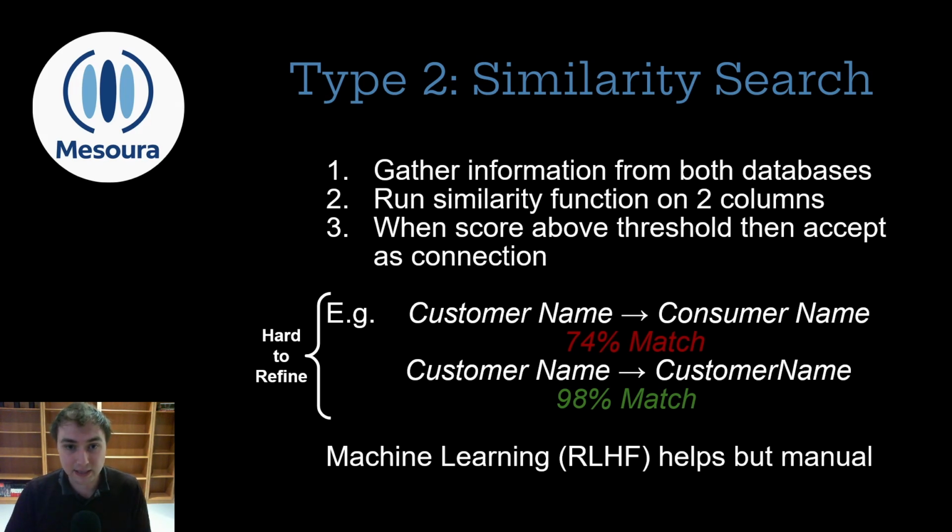So the second approach to try and automate this, as a response to the first problem, is similarity search. So imagine you've got the information from both databases, so you can see all the column level, all the table level. You can run a series of different functions that say how similar they are together. Now, there are quite a few different formulas for this. I've used a sort of Levenshtein equation before in a working context,